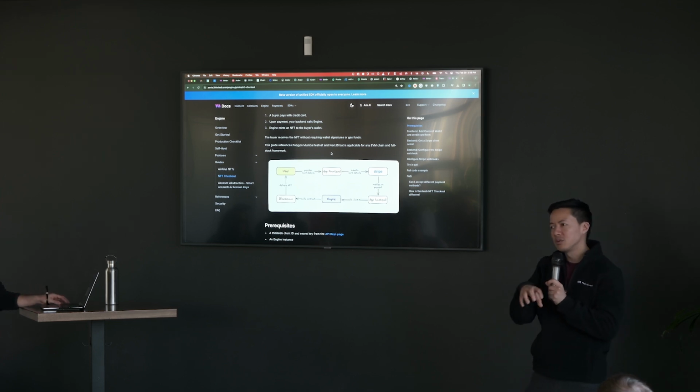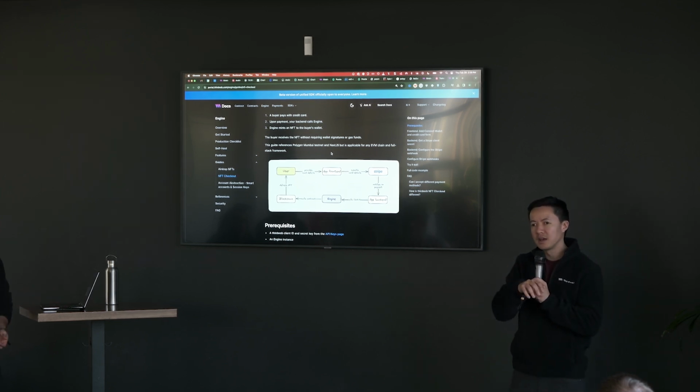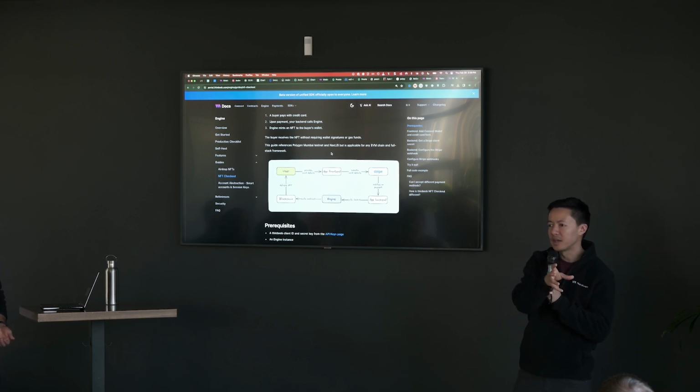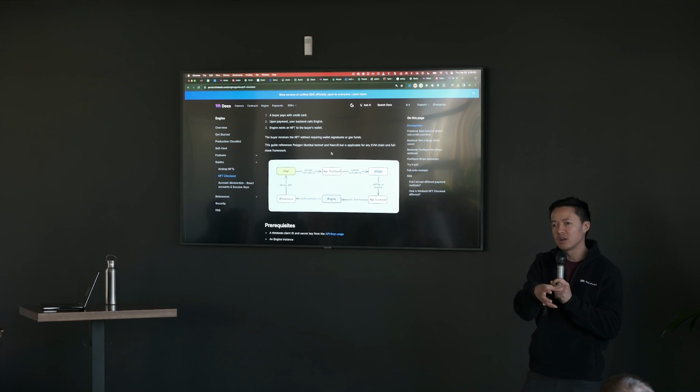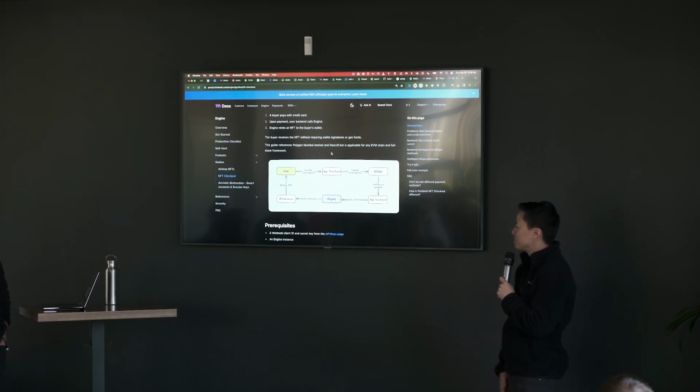You can see how Engine really fits into an automation pipeline, where Engine can be the thing that is triggered by something else, like a payment, or it can be the start of something where you trigger an NFT, and then on a webhook, you can send an email or update a database or whatnot.